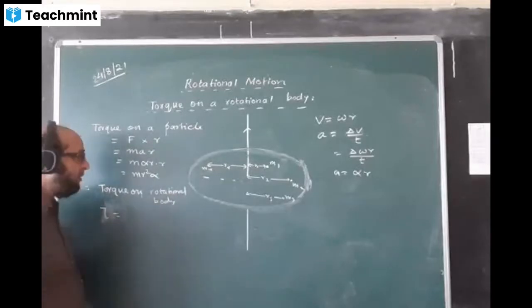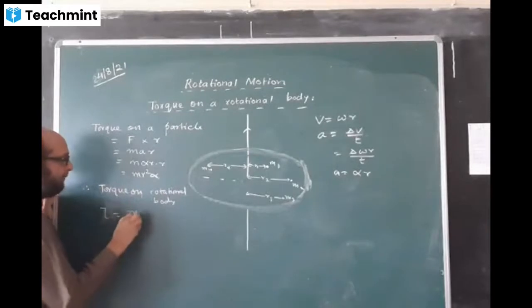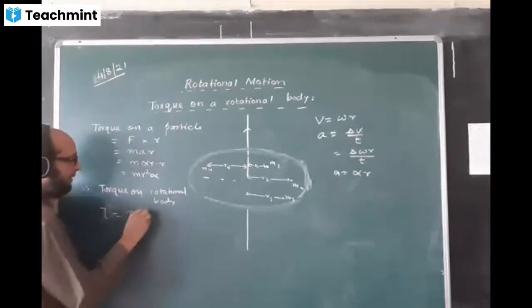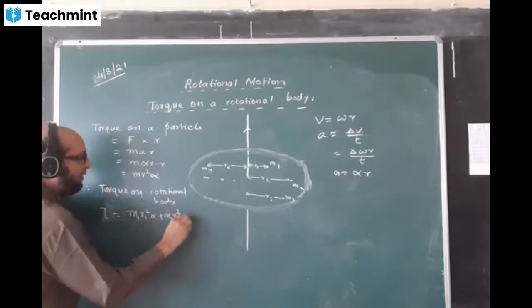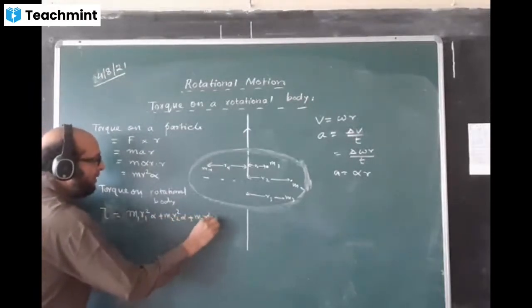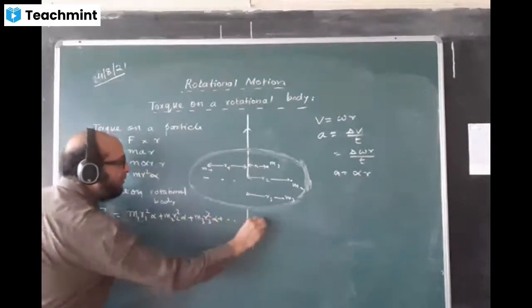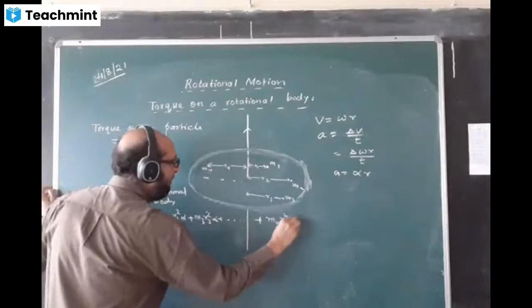Tau value will be equal to the torque on one particle: first particle M1 R1 square alpha, second particle M2 R2 square alpha, M3 R3 square alpha, and so on. The last one you write as Mn Rn square alpha,